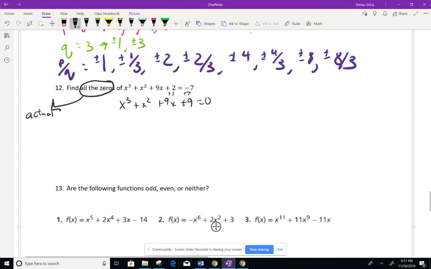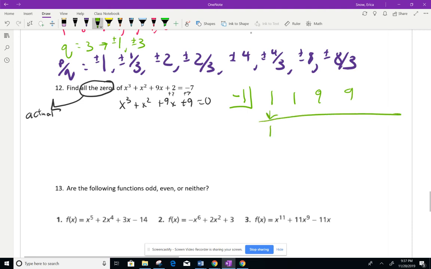So then we take our real zero, which we know is -1, and we are going to do our synthetic division. So 1 times -1 is -1, 0 times -1 is 0, 9 times -1 is -9. So now we have x squared plus 9 as our